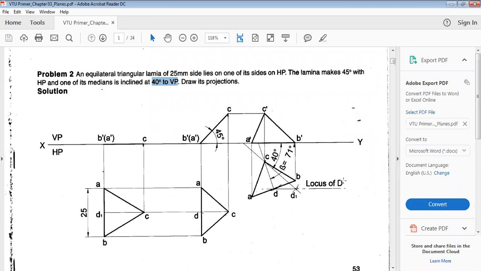After that, the apparent median, that is D and C, again I will measure in the compass, keeping the same point. We should not change it. So this is the same point. Earlier also it was a common point. Keeping this as a center, I will cut the arc on the previously drawn locus line. So this is going to be my D. So on the locus line of D1, I will get the locus point, that is D.